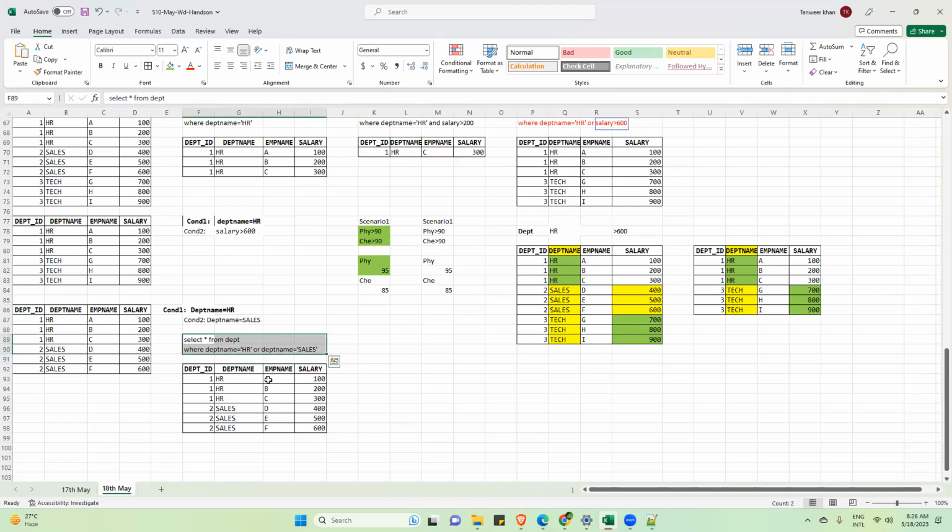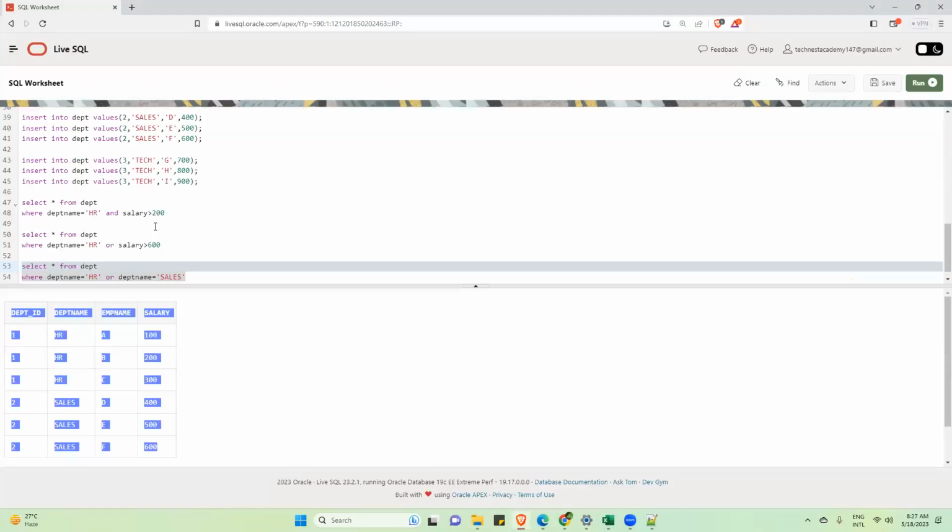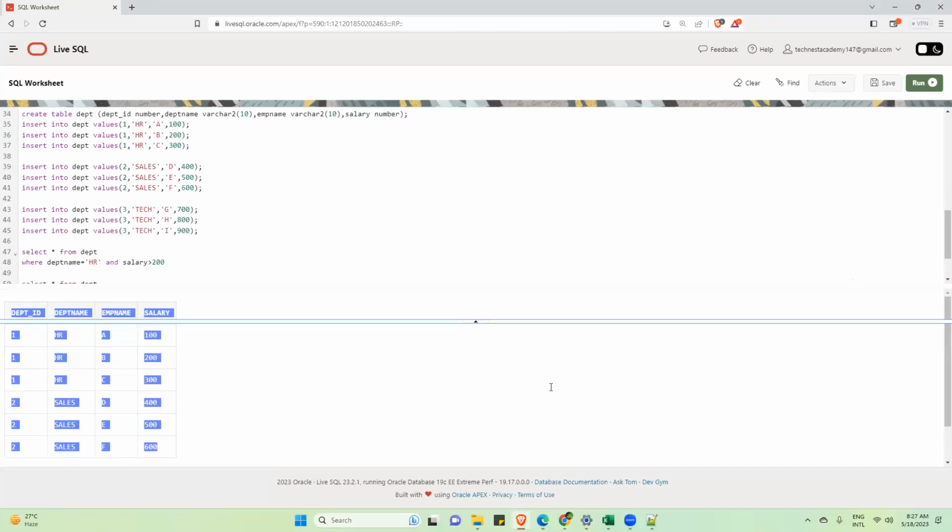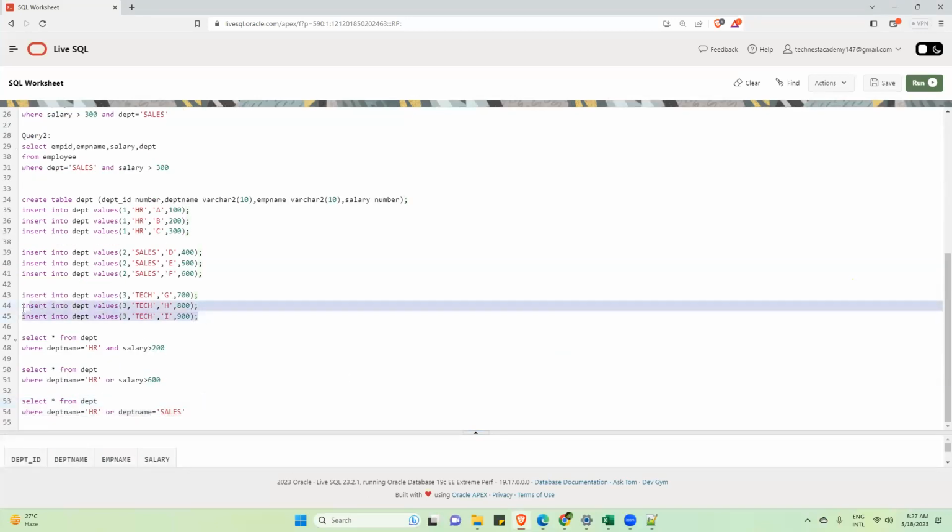Now I have displayed HR and sales. Suppose we have HR, sales, and tech. I will insert a few more records in this table, to make the data a little bit more interesting.